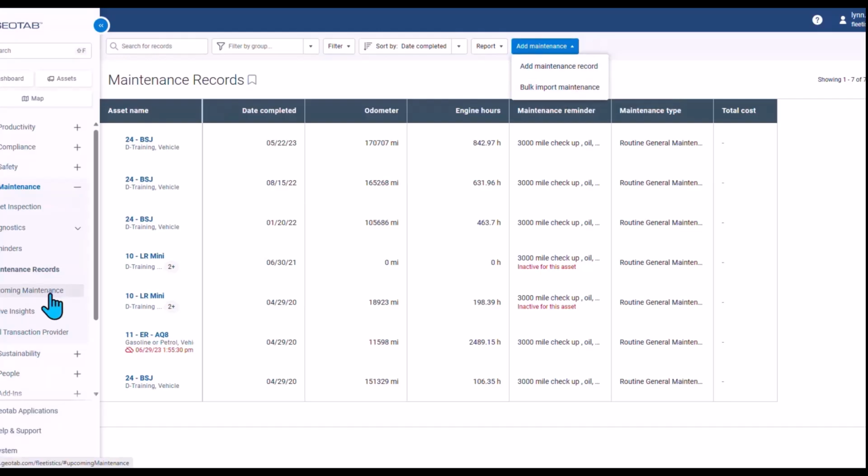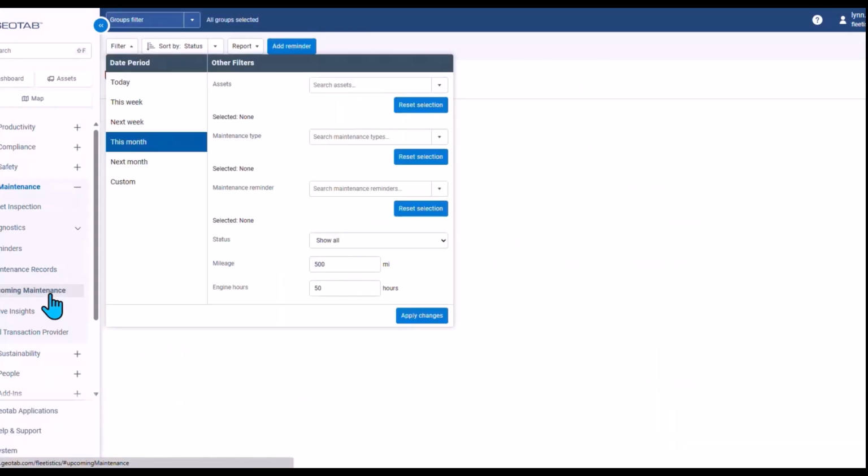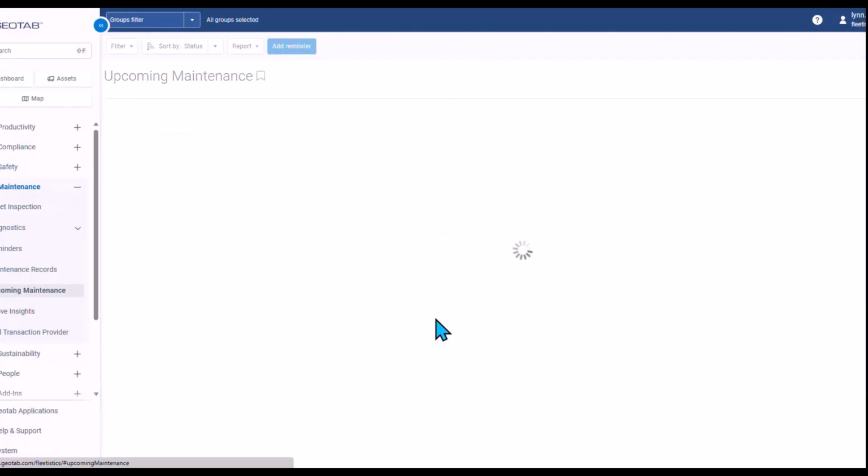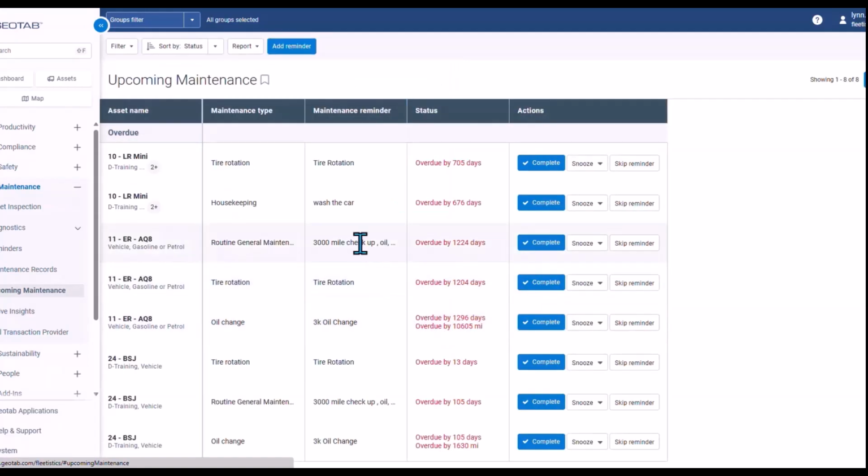If I want to see what maintenances are coming due, I can click on Upcoming Maintenance. Let's see what's coming up for this month. I'll select all of our assets. I'm not going to make any other selections here on maintenance type and maintenance reminders because I want to see everything. Now I have a list of everything that is upcoming and overdue, and most of it appears to be